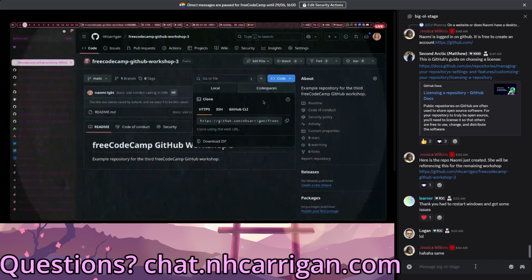When you use HTTPS, you have to authenticate yourself using your GitHub username and a personal access token, or a PAT, which can be considered to be like an API key for your GitHub account. You cannot use your password. That feature was removed a few years ago. You have to use an access token. And even then, it is generally considered to be the less secure option, because your next option is SSH,